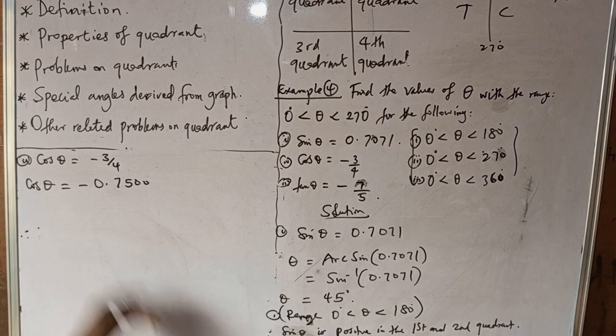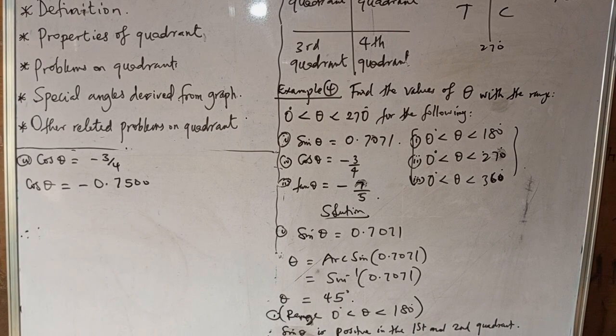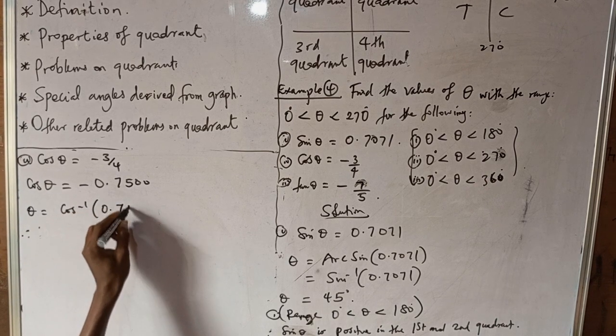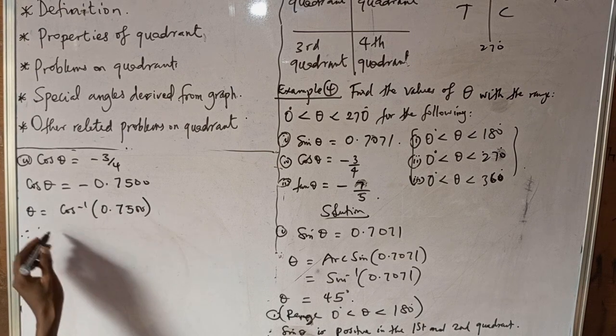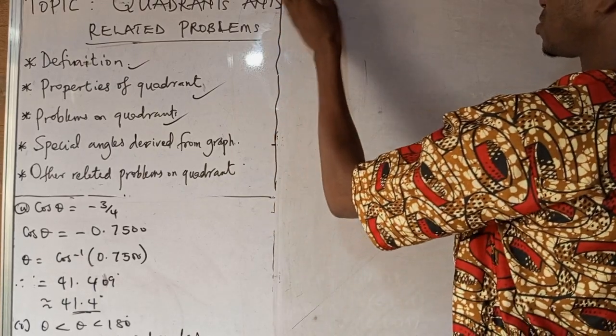Now, in taking the inverse of this, you are not going to make use of the negative sign at all. The essence of the negative sign is for you to determine which quadrant that value will lie in. So I have theta is equal to cos inverse of 0.7500. And that gives us, from our sinusoidal graph,